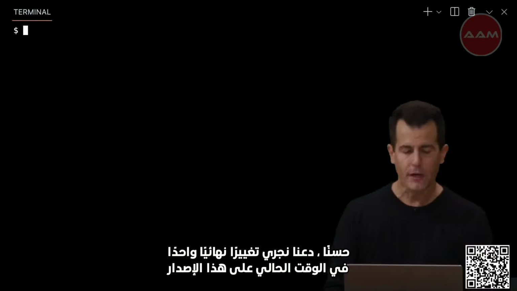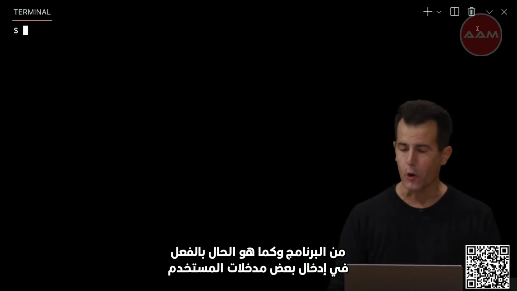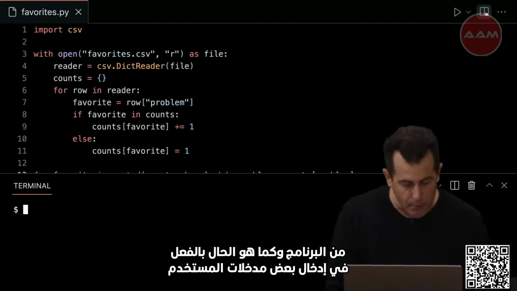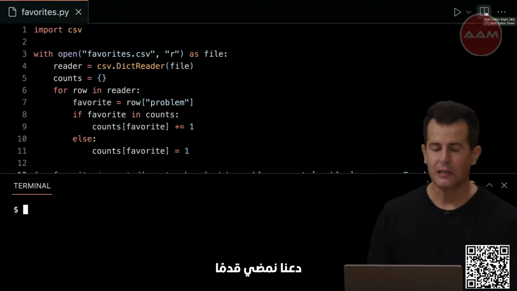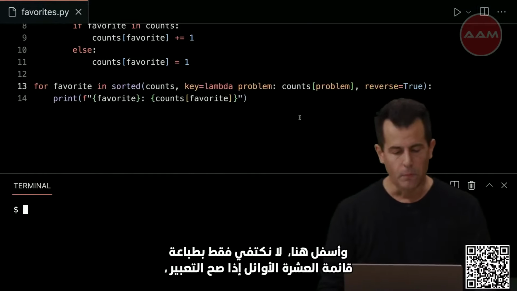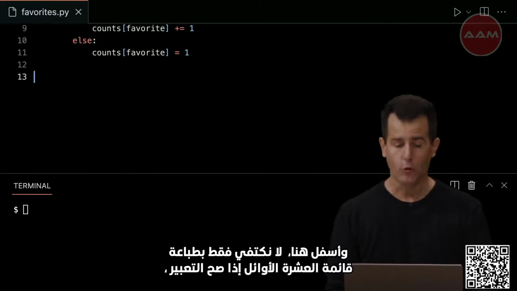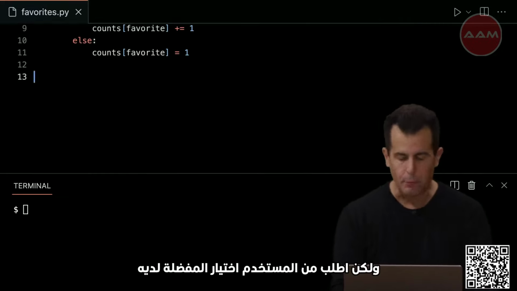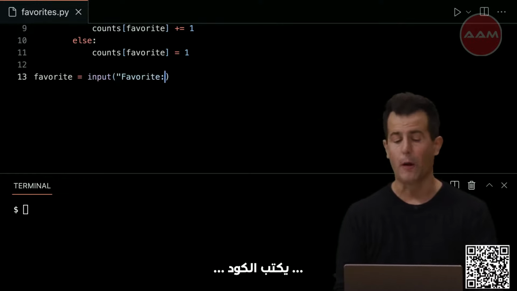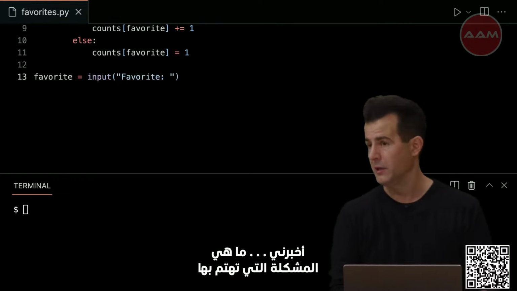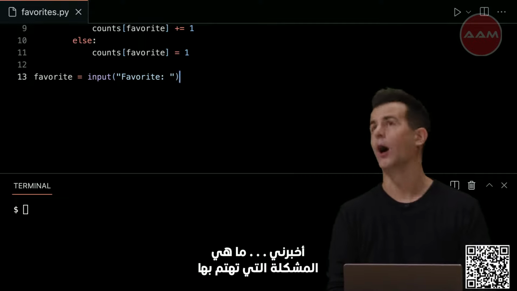Well, let's make one final change for now to this version of the program and actually take in some user input. So besides just loading all of the data into memory, let's go ahead and down below here, not just print out the top 10 list, if you will, but prompt the user for their favorite. So I'm going to use Python's input function, and I'm just going to prompt them with favorite, quote unquote, like tell me what your favorite problem,